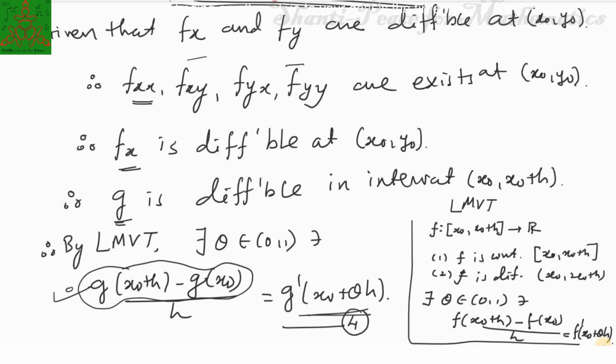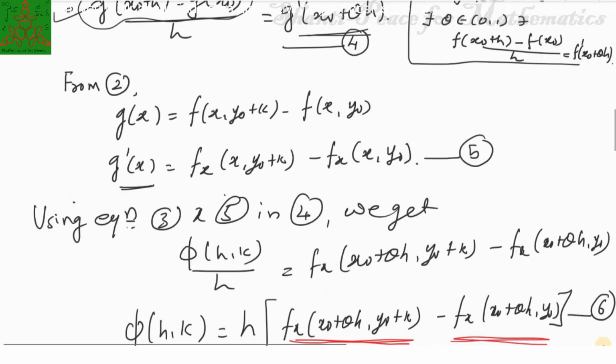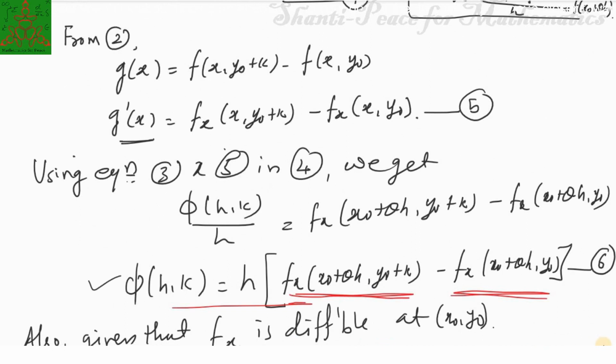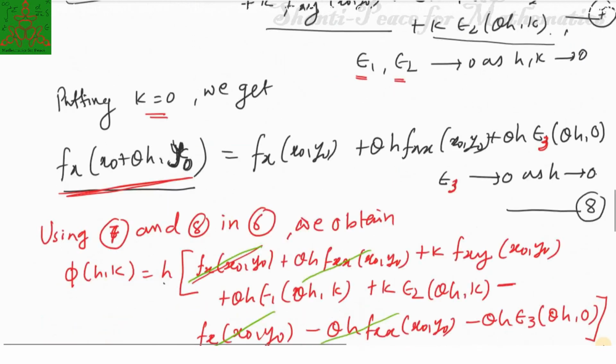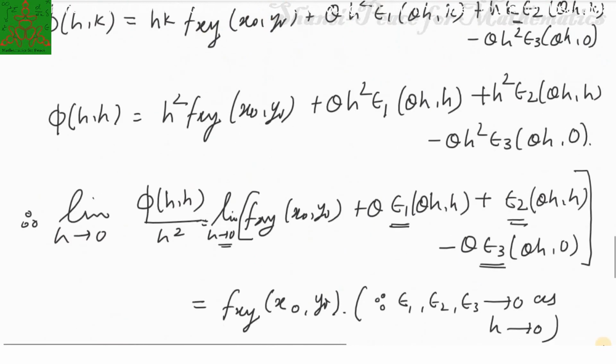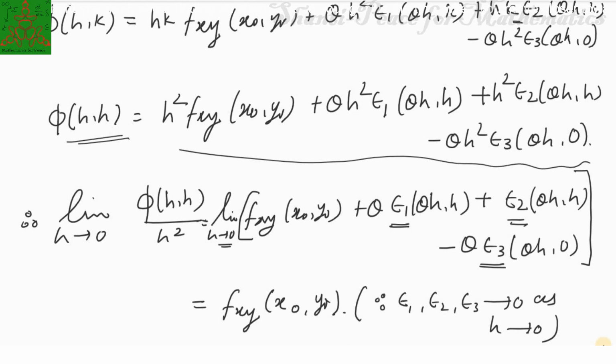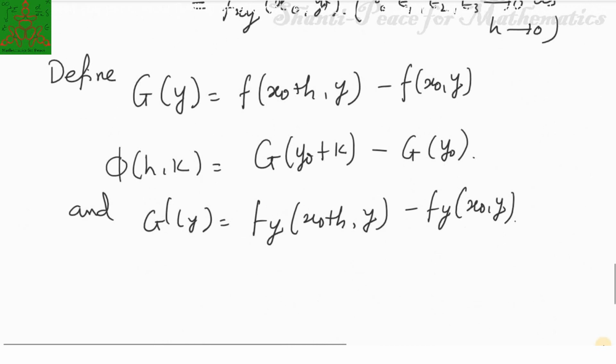So applying the LMVT, we have this type of equation, and then we have similar kinds of things, and finally we have phi of hh in terms of this quantity. So if I apply the same argument for capital G and phi, we will have, following the procedure